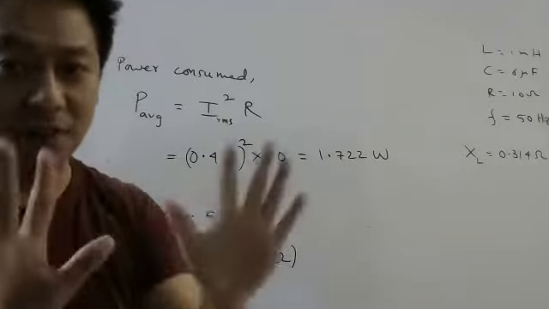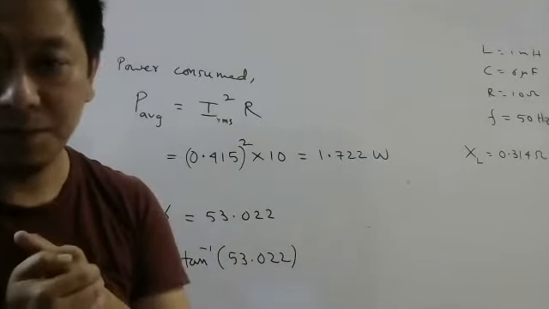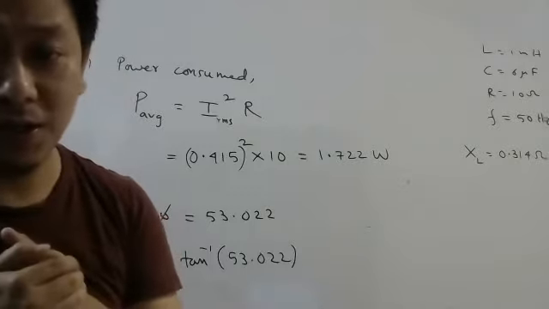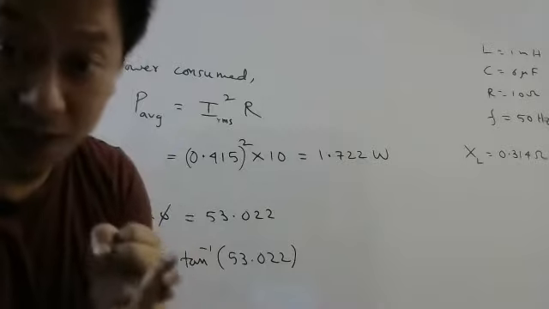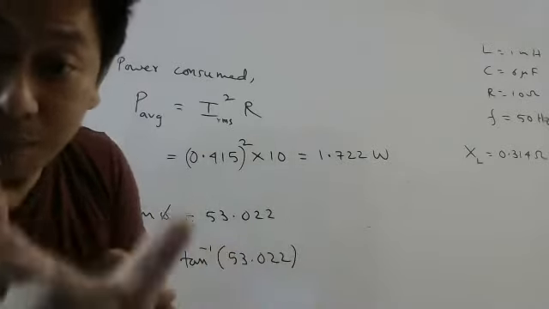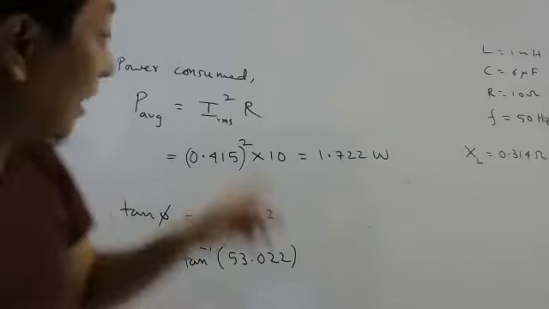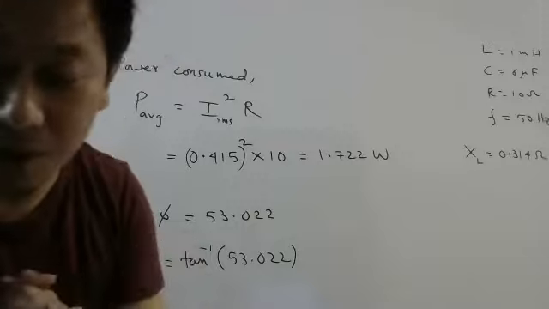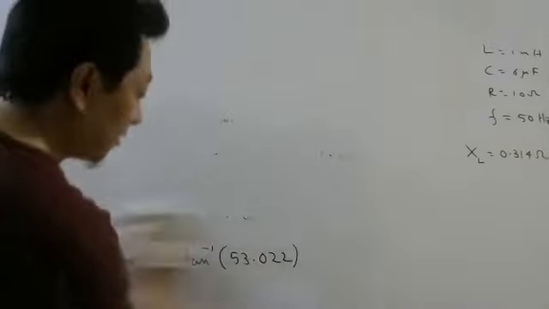L, C, R they will give. Then they will give you applied voltage with frequency. And that voltage is RMS voltage. And from there, they can ask you impedance, current. They can also ask voltage across resistor, inductor, capacitor, like that. Then they can ask you phase difference. Then they can ask you power, average power. Okay. Another thing they can do, the second type. This is the first type.